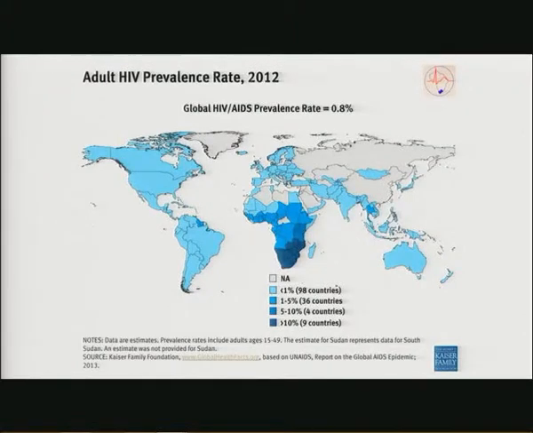So this first really is about the adult prevalence of HIV throughout the world, and the obvious area of concentration is here in sub-Saharan Africa, where despite the fact that 12% of the population is concentrated here, we actually bear 70% of the burden of HIV. And in particular, in this very dark area here, the prevalence rate is well over 10%.